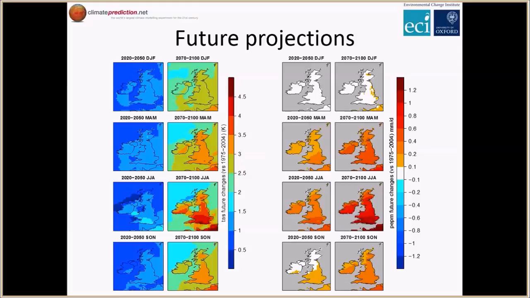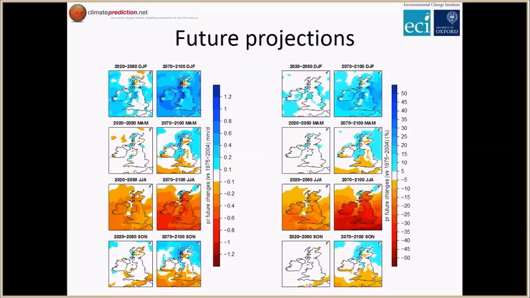In terms of precipitation, what we see again on the left here are values in millimeters per day, and on the right these are percentages. You can see that precipitation tends to increase in winter by maybe 10 to 15% or maybe 0.2 millimeters per day, while in summer it strongly decreases. So we have really a drying in summer, about 40%. And in spring and fall we get a slight drying over the land areas, but not as much as